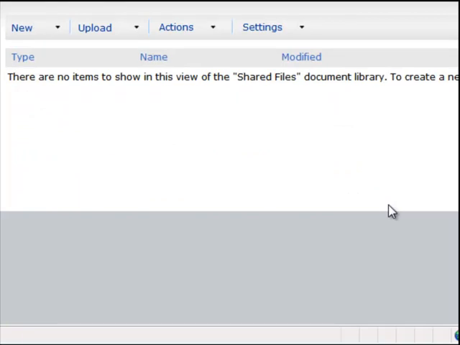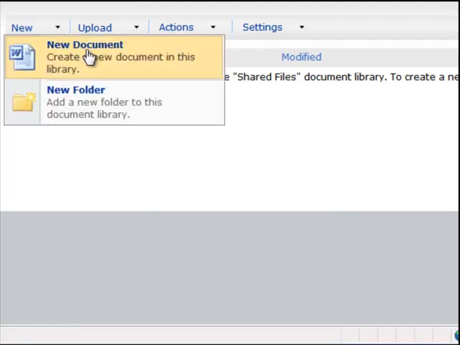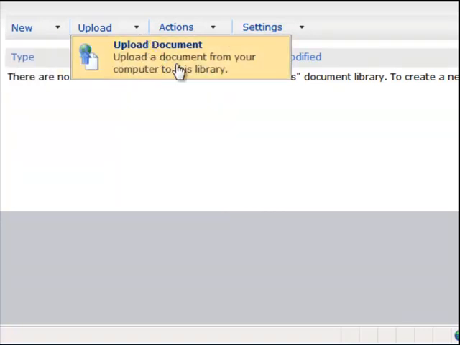Many content tools in Merlin share this common toolbar. Clicking New will add a new item. In this example, we can create a new Word document, and Merlin will open up a new blank document in Microsoft Word if it is installed. The New button also allows us to create new folders. We can also upload documents to the document library, and depending on your software, you may be able to upload